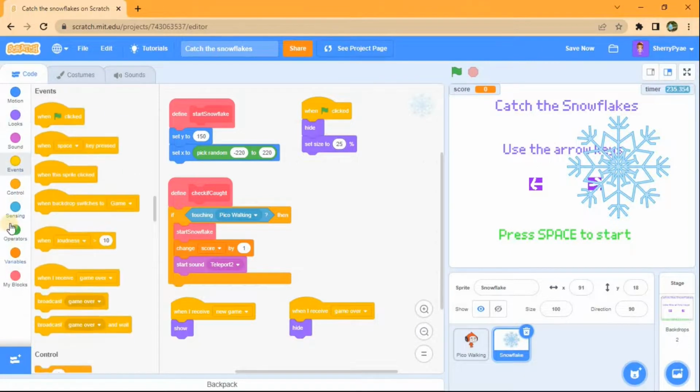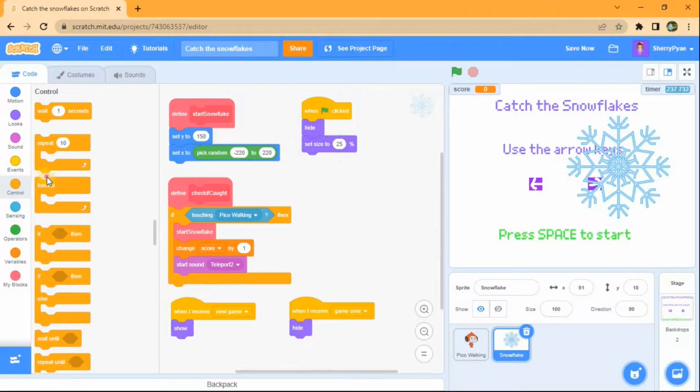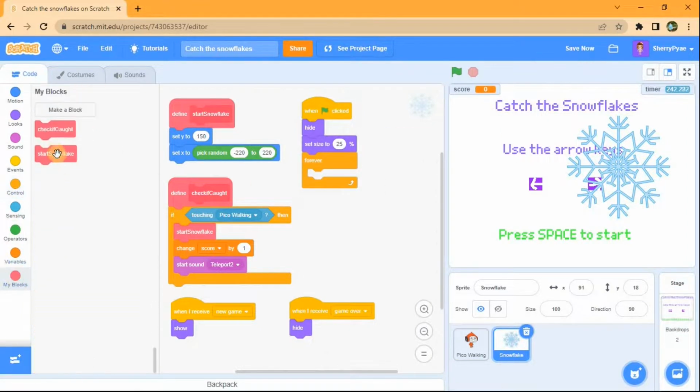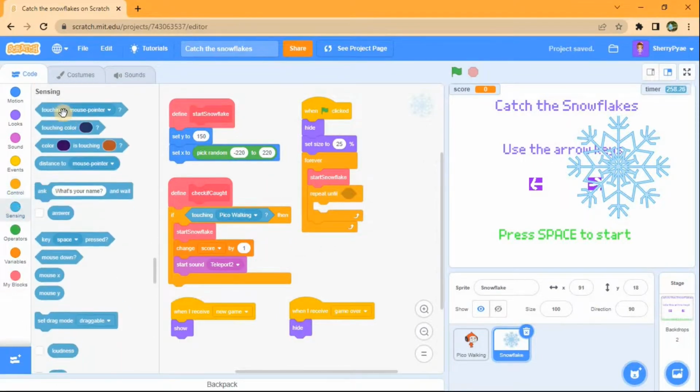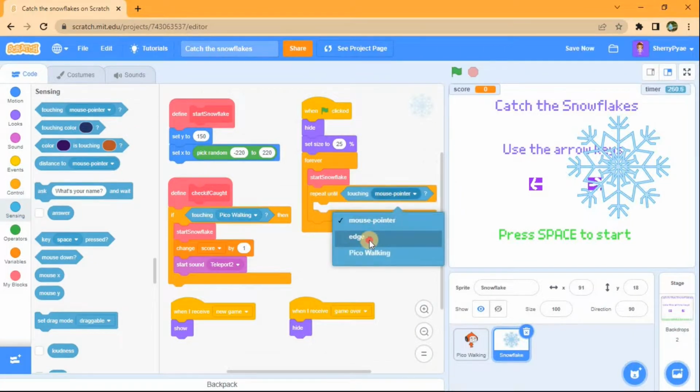And then go to forever, and then we're going to make all the code together, just like what we did in pickle walking. Start snowflake. After that, go to control and get repeat until. Go to sensing, touching the edge, because we don't want to touch the edge, because the pickle walking cannot go to the edge, right? So we're going to change